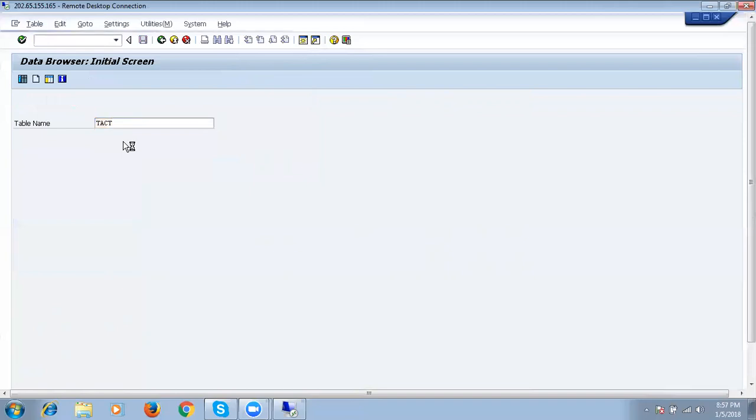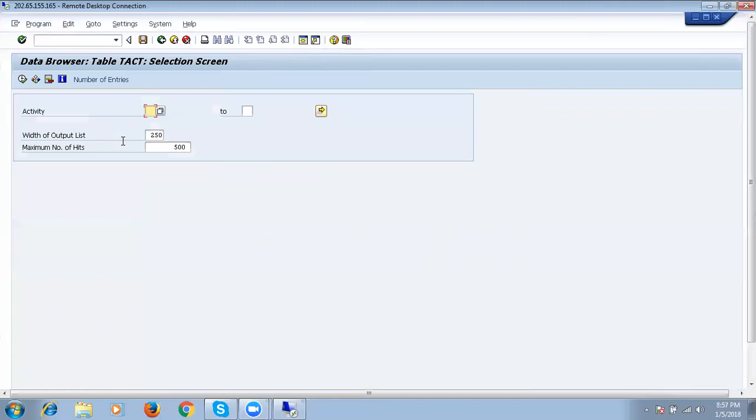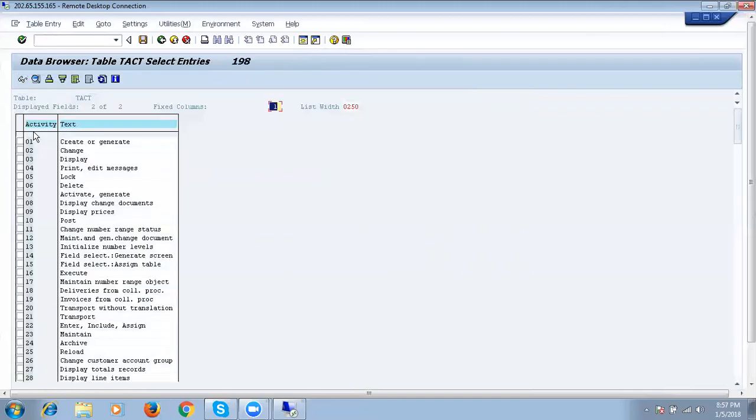If we execute, it displays all activity values. This is the activity field. These are the descriptions. See, 01 for create permission, 02 for change, 03 for display, 04 for print edit, 05 for lock, 06 for delete, 07 for activate, generate, etc.